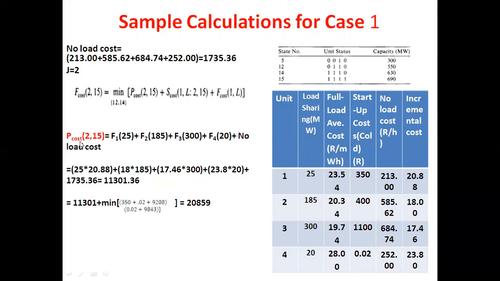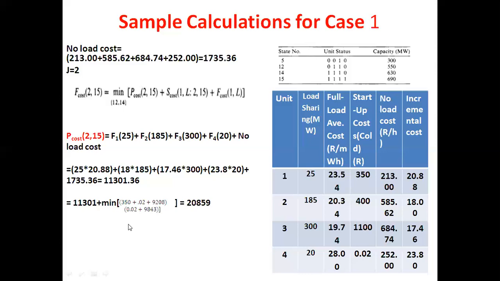So the production cost will be, for 120, that is 25 into 20.88 plus 18 into 185 plus 17.46 into 300 plus 23.80 into 20 plus the no-load cost, that is 1735.36, that is equal to 11301.36. So here that is 11301, and we are taking plus minimum of,